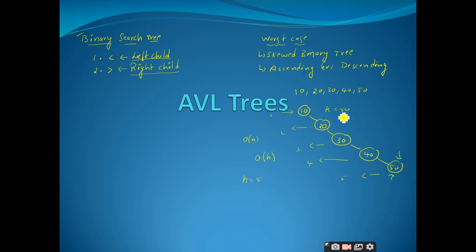So when you are going to search an element which is placed as the last element at the last level, that becomes the worst case where the complexity of the operation is proportional or depends on the height of the BST. Do you agree with it or not? Yes, sir. So this h becomes n, that is, the big O of h complexity becomes big O of n when it is a skewed binary tree.